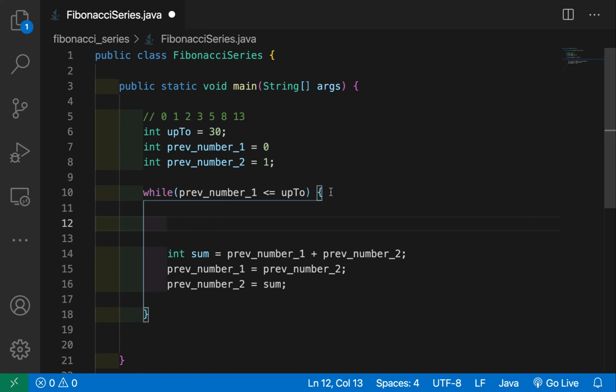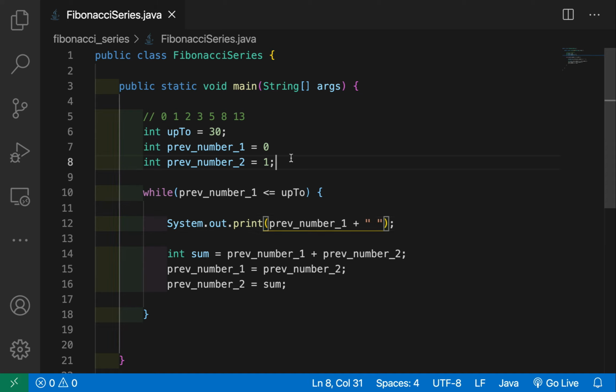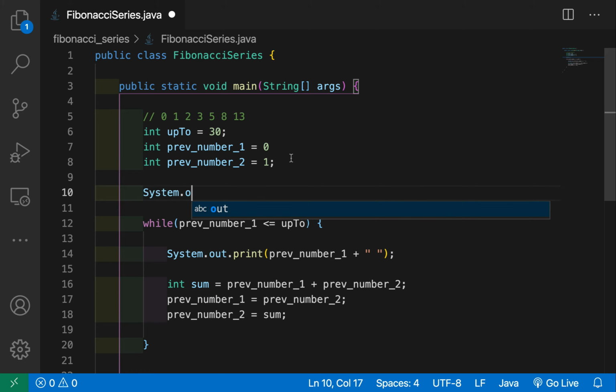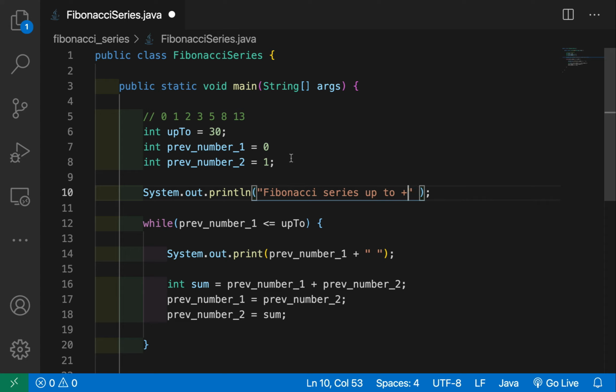Let's print this Fibonacci series. So System.out.print, and then I'm going to print prevNumber1, and then a little space here. Good. Let's put also another System.out.println, Fibonacci series up to, and then upTo variable plus